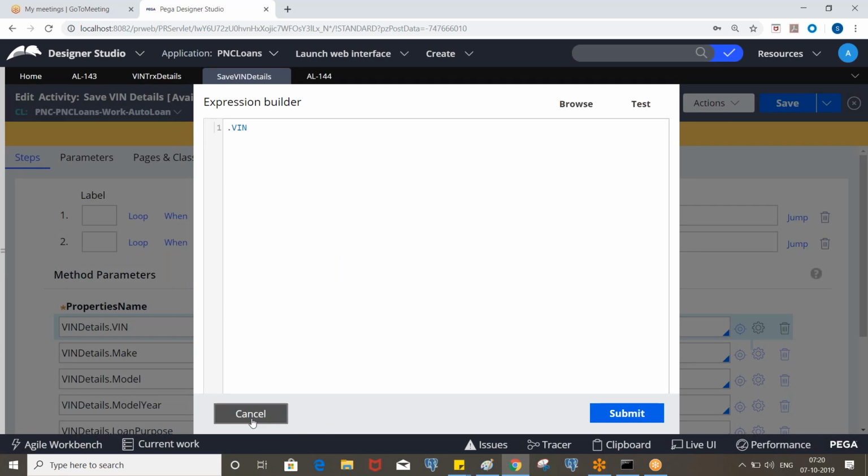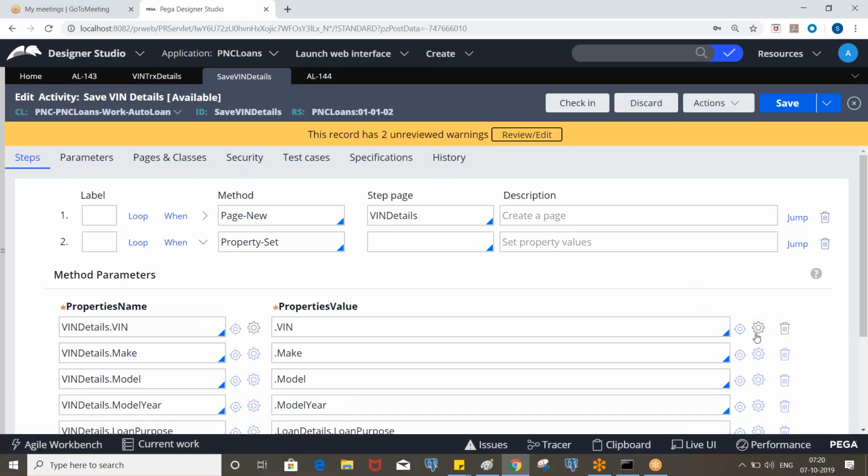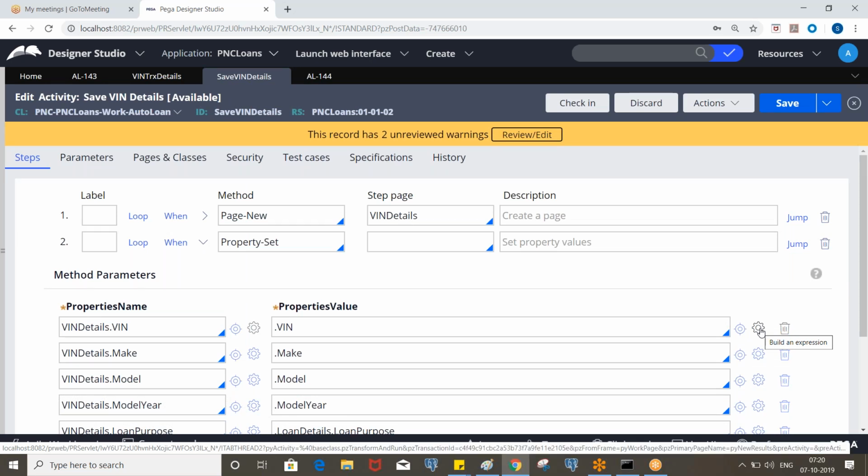Okay, so wherever you see this option, that means we can build an expression. So this is available in most of the rules. Okay, so we can find it in the decision rules, we can find it in the data transform also.